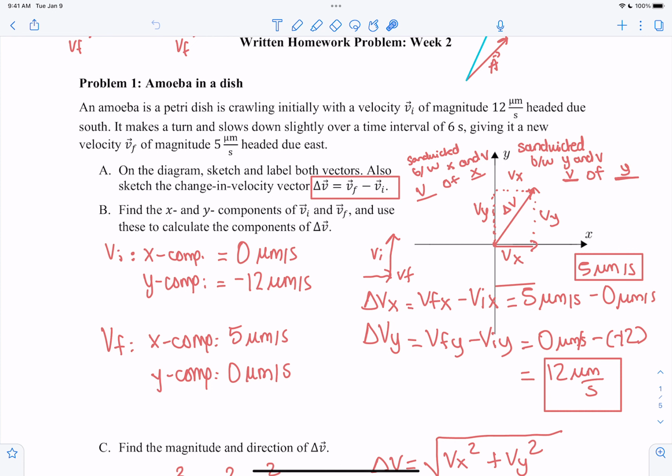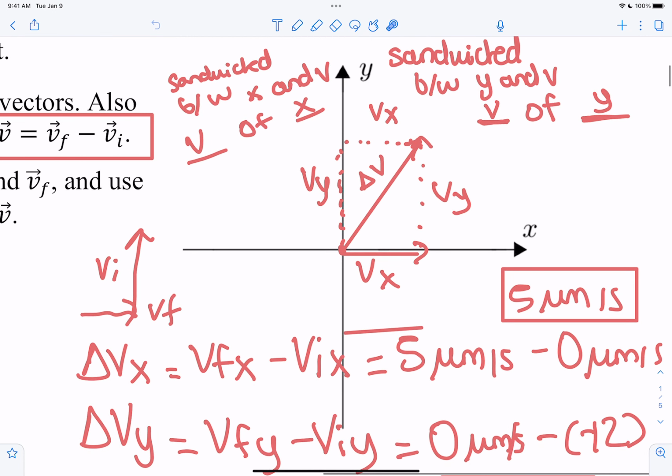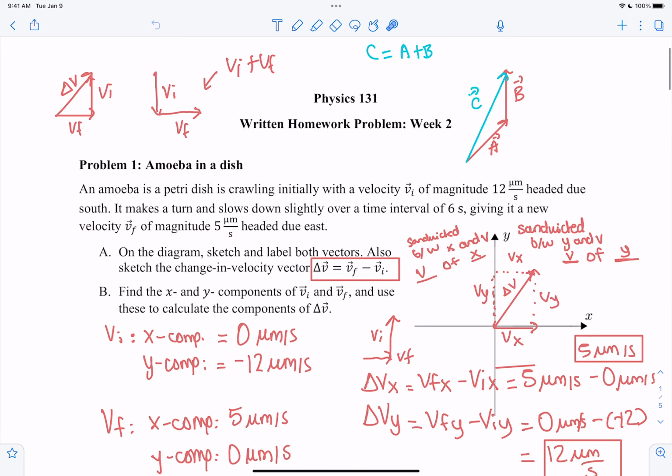And same thing for sine and cosine. Sine is opposite over hypotenuse. So if I have this angle, opposite is this one, hypotenuse here, so I take Vy over delta V. But if I did this angle, sine would be opposite over hypotenuse, so it would be Vx over delta V. Does that make sense? It just depends on which angle is the one in question, and then you adjust based on